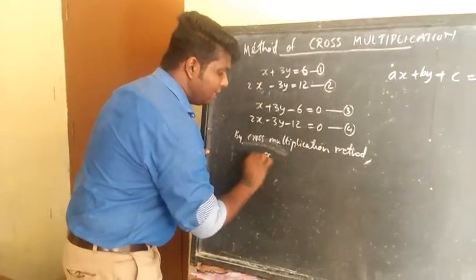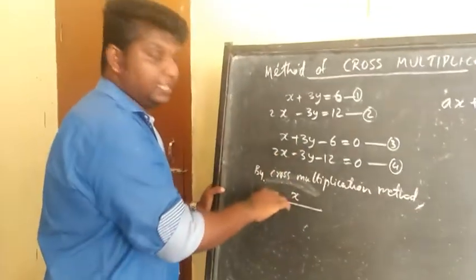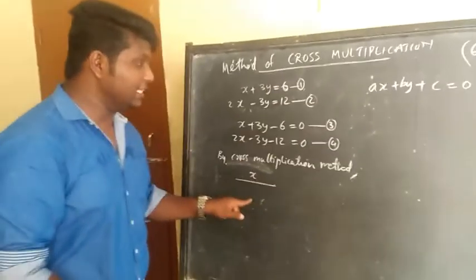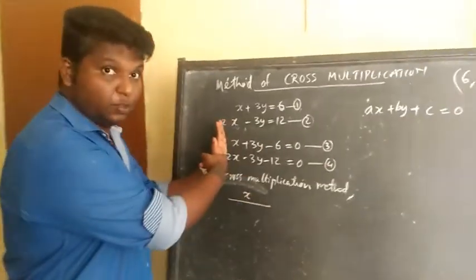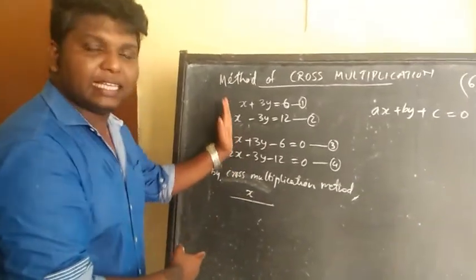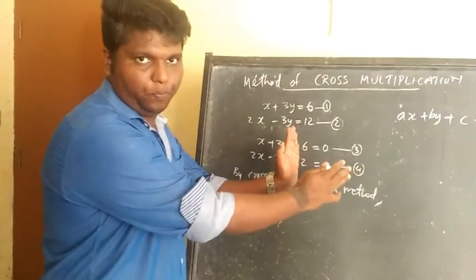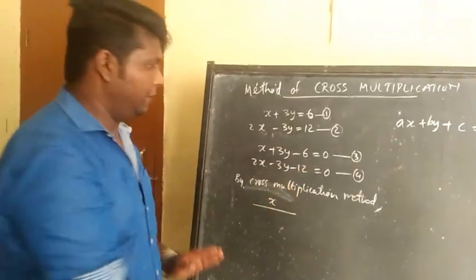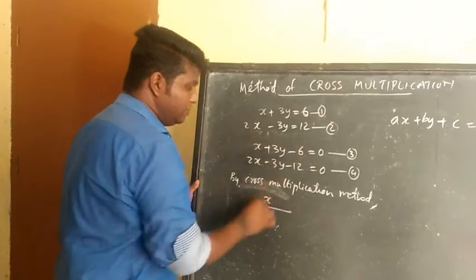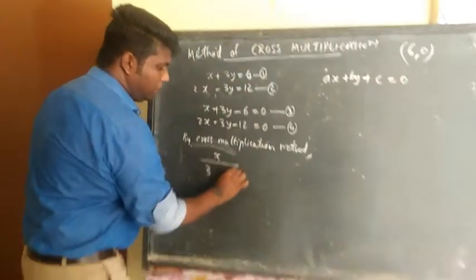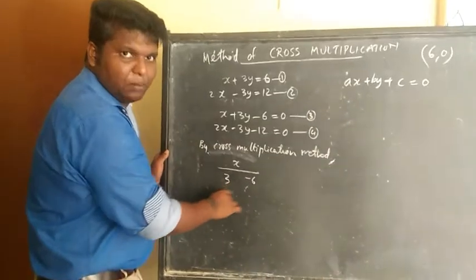By cross multiplication method, x divided by, because here the first variable is x, x divided by. When you are writing x, beneath this x1, listen here, it's very important. ये x का कोएफिशिएंट को छोड़ के उसका बगल में जो पड़ा हुआ दोनों, वो दोनों का कोएफिशिएंट्स लिखा है. So these two coefficients, here it will be 3 and it is -6.